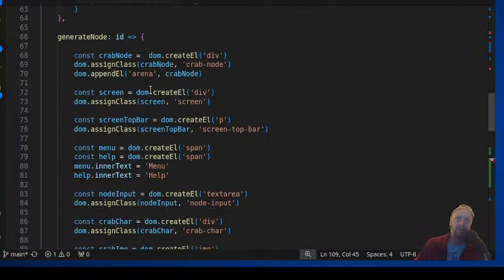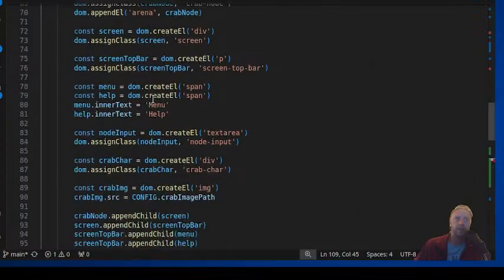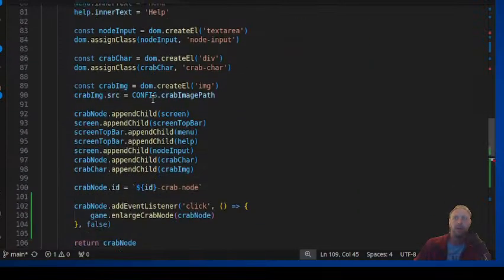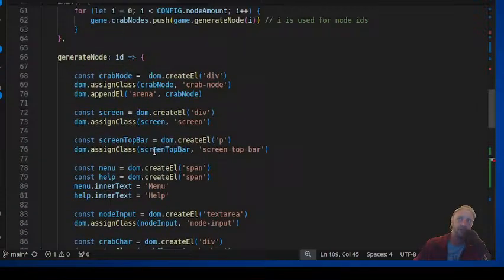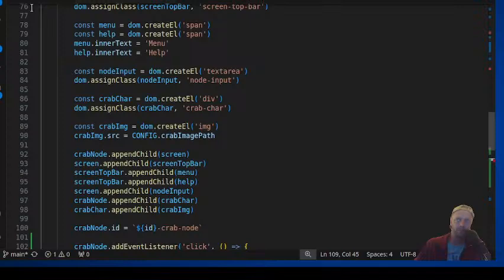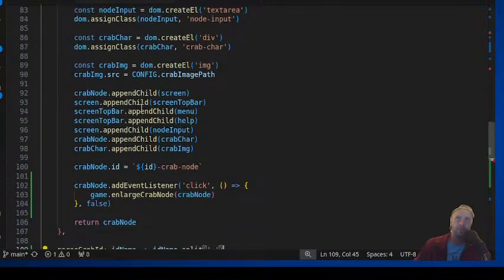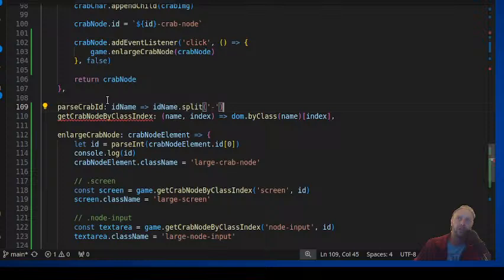Right now I am working on a really dumb thing. This is just a bunch of DOM generation, element generation stuff. That's why there's no HTML. All this just gets generated. But I'm working on a really dumb thing with parsing out this ID. So I'm going to do that real quick. But yeah,